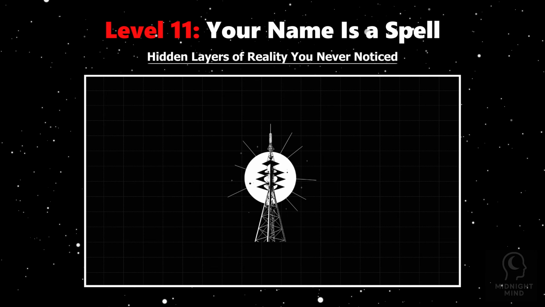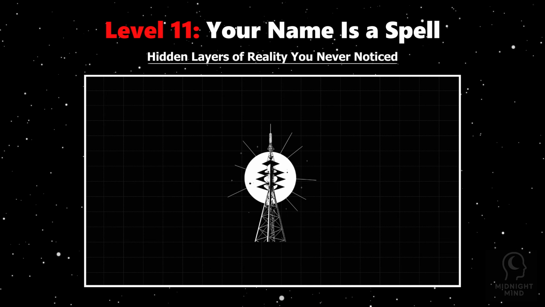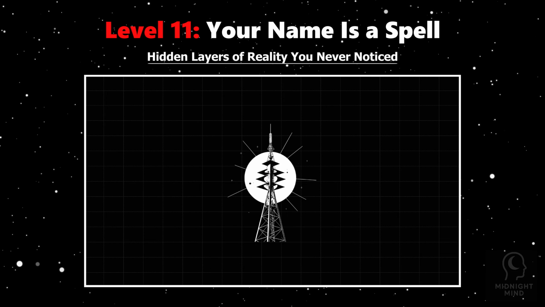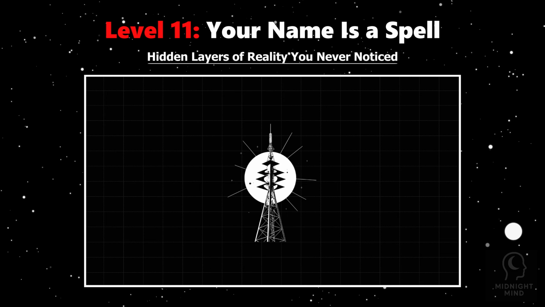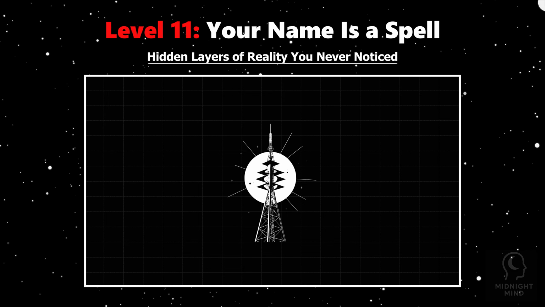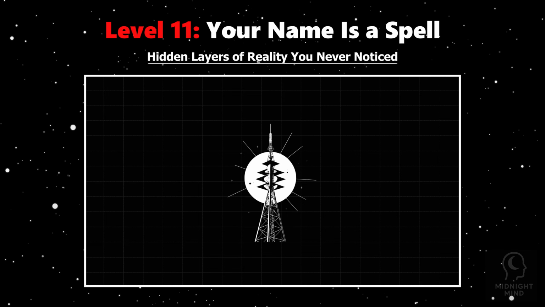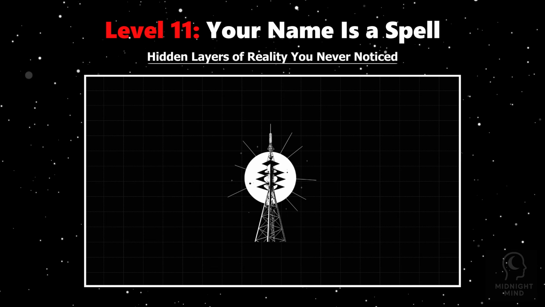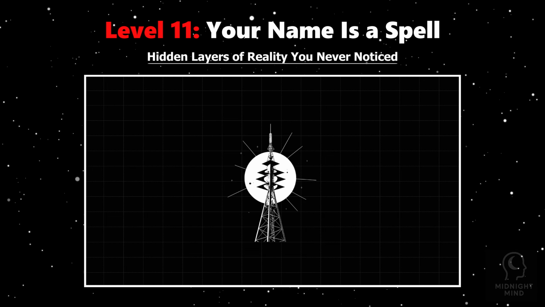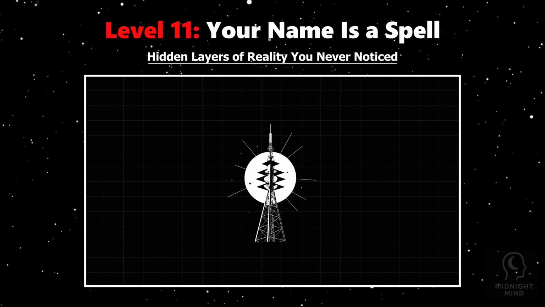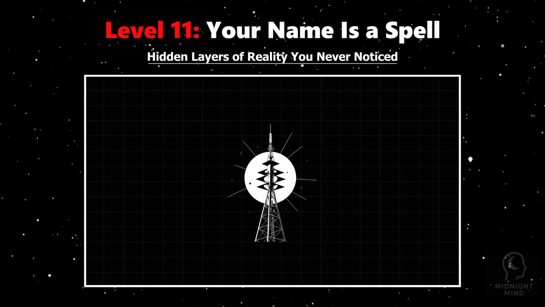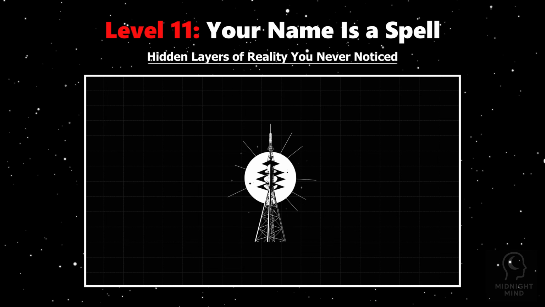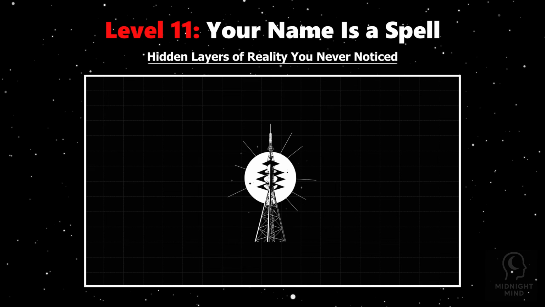Neuroscience reveals that names are powerful cognitive anchors. When you hear your name, the brain's default mode network ignites, weaving together emotional responses, social conditioning, and personal history. This activation is automatic and instantaneous. It's why your attention snaps sharply when someone calls you, even in a noisy environment. Your name has a magnetic pull on your awareness.